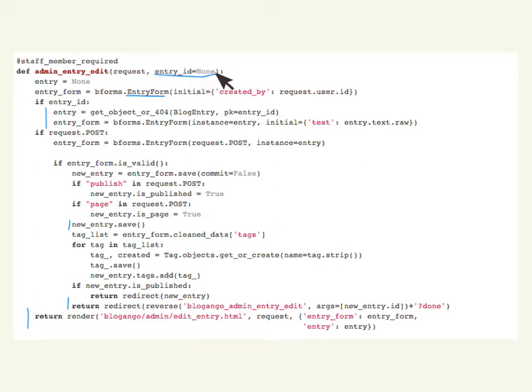So this view function requires at least one other argument called entry ID. So the capturing URL pattern needs to capture this parameter and then pass it to this function called admin entry edit. Now you will see that all this is standard Python and Django code. Here we have a form. This could have been either a forms.form or forms.model form, and here we are passing it some data to initialize